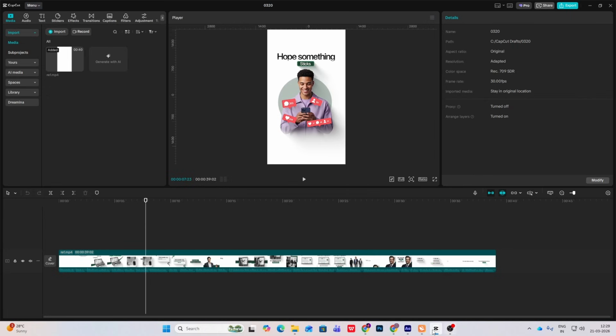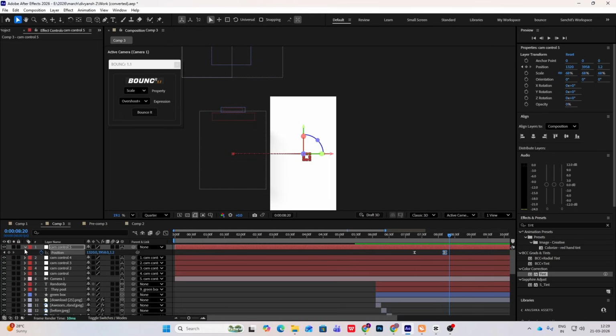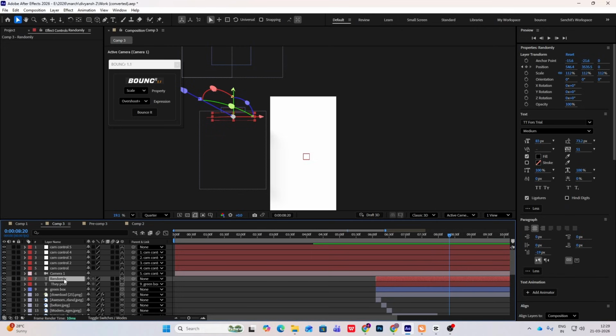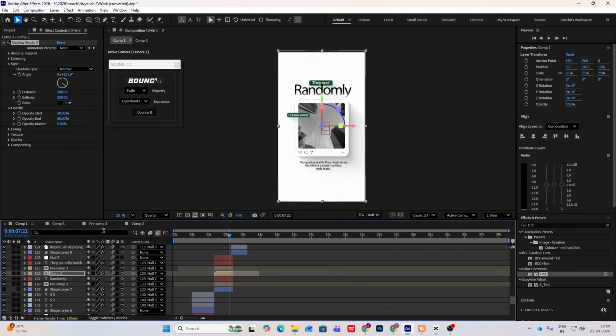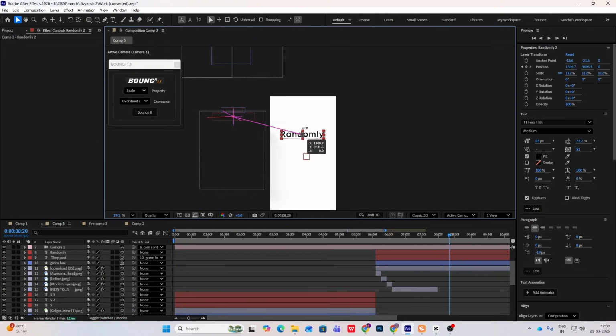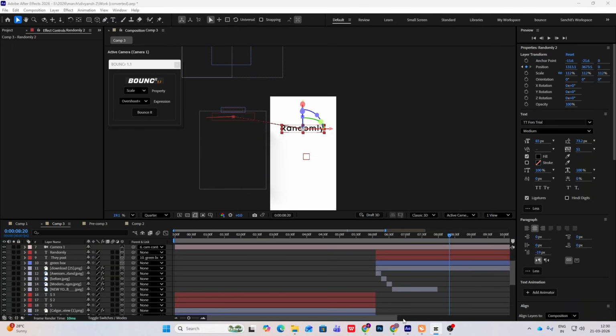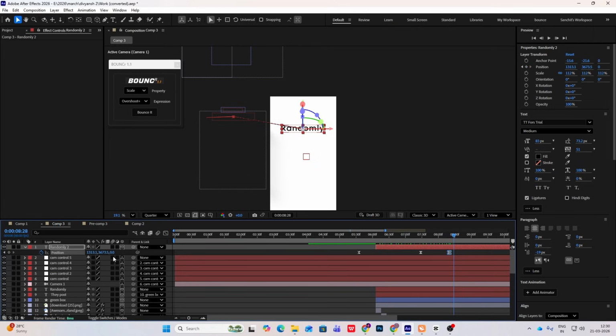Okay, so for this I'll just hit Control D to copy this randomly text and bring this over here, change the text to hope something, hit U, delete these position keyframes,